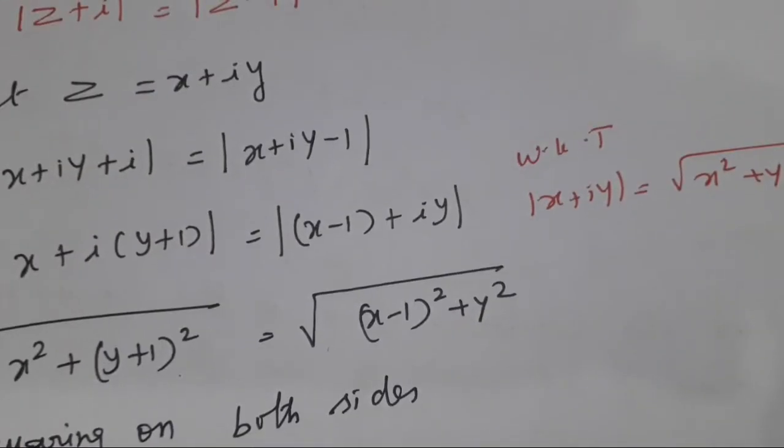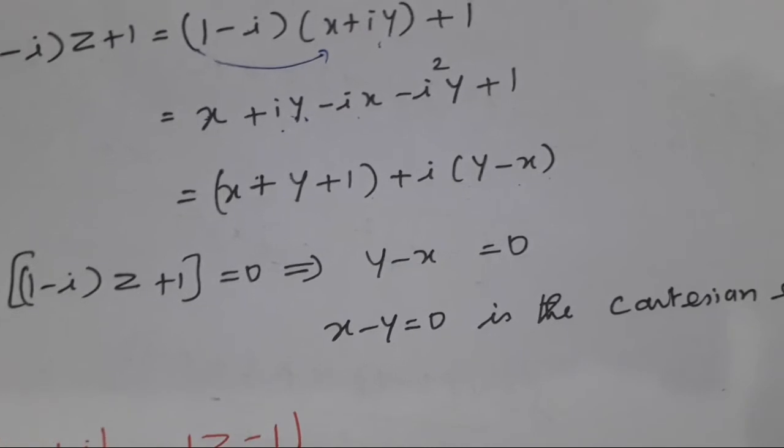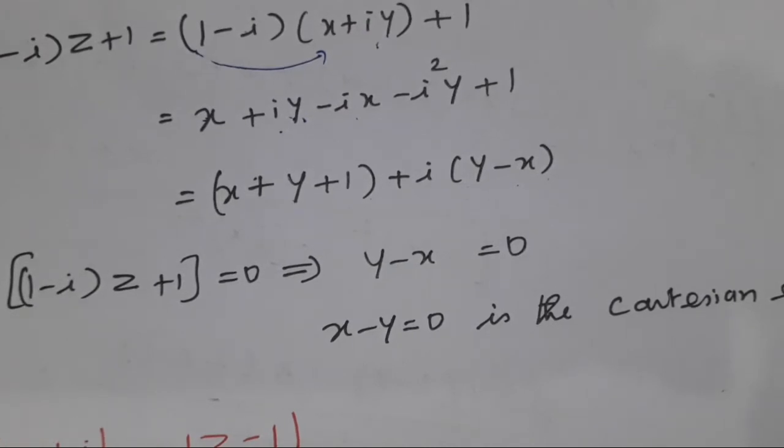If the question is asking for the real part, you take only the real part and find the Cartesian equation. Suppose the question asks for the imaginary part, then you arrange the real part as well as the imaginary part properly, and afterwards you take the imaginary part value. If you understand, this sum is very, very easy for you.